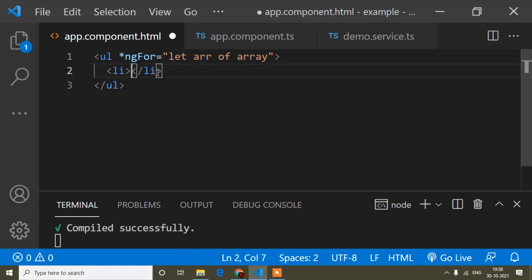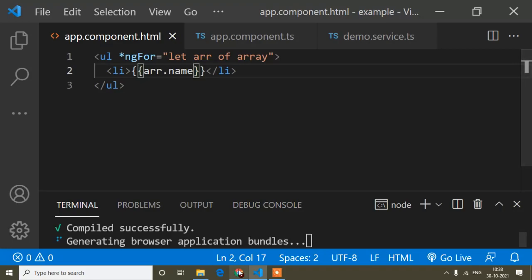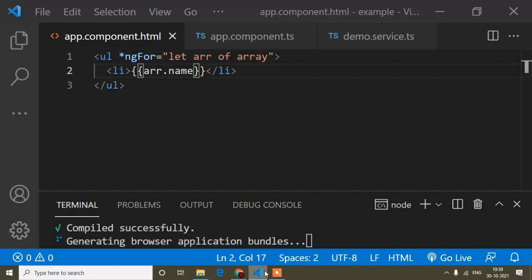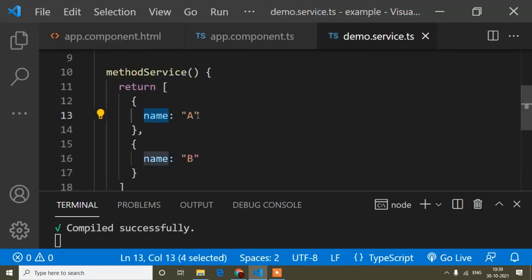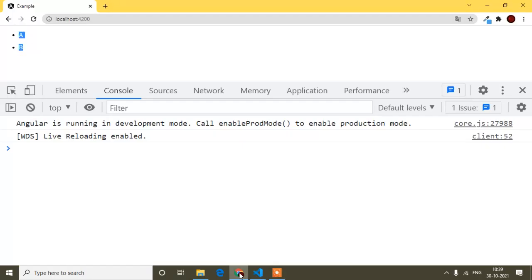Now this arr I have to bind, so we use double curly braces for binding, and arr.name, because I pass only the name property and I want to show only that. So arr.name. You can see the names A and B are displaying in our HTML. Okay, so this is the method.